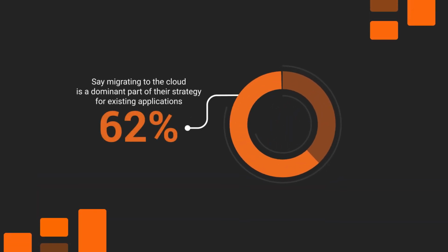A business is only as strong as its ability to adapt. This imperative to improve business agility is fueling a massive modernization movement for business-critical applications such as Oracle. Those efforts typically lead to public cloud services, such as those from Amazon Web Services or AWS. In fact, 62% of organizations identify migrating to the cloud as a dominant part of their strategy for existing applications